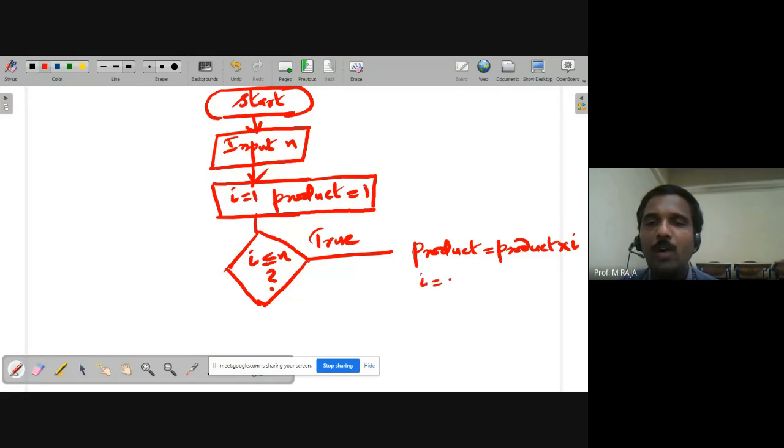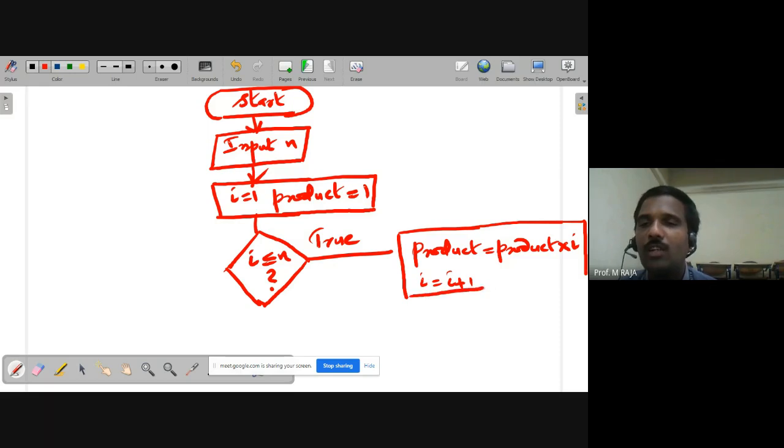You can write in the next rectangular box, or even in the same rectangular box. Sequentially, the operations are going to be executed. I write in the same box to execute these two instructions one by one. Product is equal to product into I is executed first, and then I is incremented by 1. If not, you can draw it in two rectangular boxes by giving the flow of control. After the first execution, then give the next execution. After the increment of I by 1,